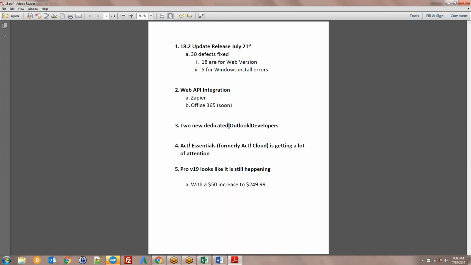And one thing that stood out to me amongst their hiring reports they put out, not only are they bringing on new support agents, but on the programming side, they've hired 2 new dedicated Outlook developers. These 2 new personnel are going to be solely responsible for helping develop this Office 365 web API integration and also stabilizing the Act and Outlook integration, which, to give them credit, they did fix very strongly in the latest 18.0 update. It works now with Act integrating with all the way up through Office 2016 and all prior versions,